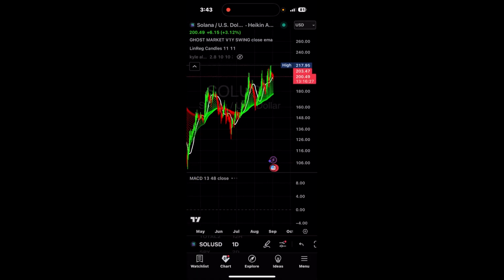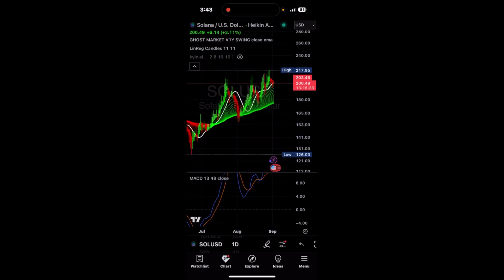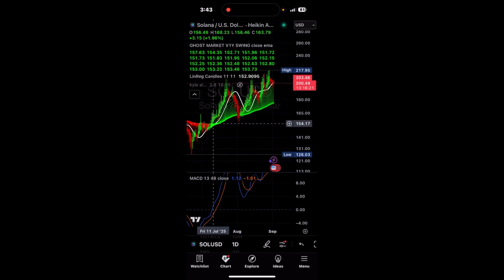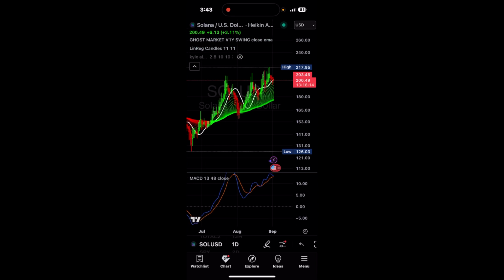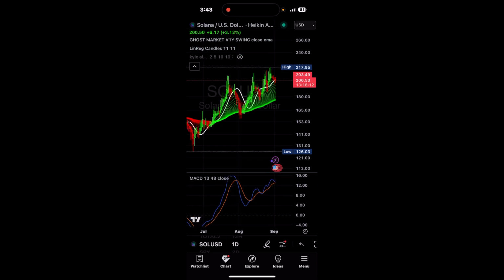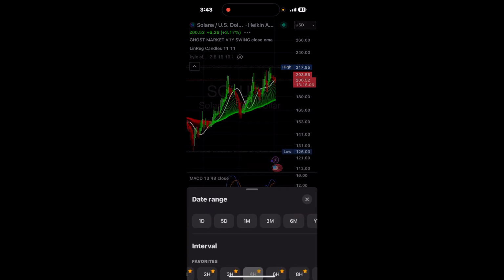And right now Solana is in a bullish momentum. You see the linear regression crossing the 90-95 right here. So we are in a bullish, so up is the direction you will be focusing on. Right now you can't get anything from the daily, so you would have to go down to a smaller time frame. So if we go to a 4 hour here,